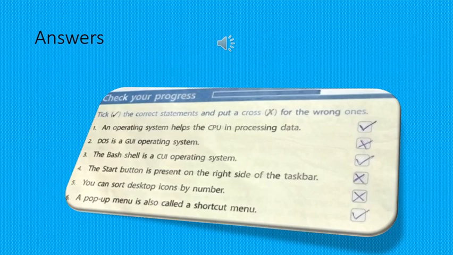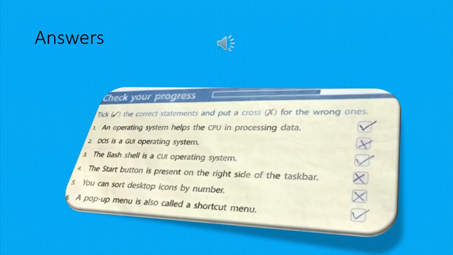First one, desktop. After booting, the first window that appears is known as the desktop. It contains desktop background, icons, taskbar and the start button. Desktop background is the picture in the background of the desktop. It is also known as wallpaper. When we want to change it, we can change it.